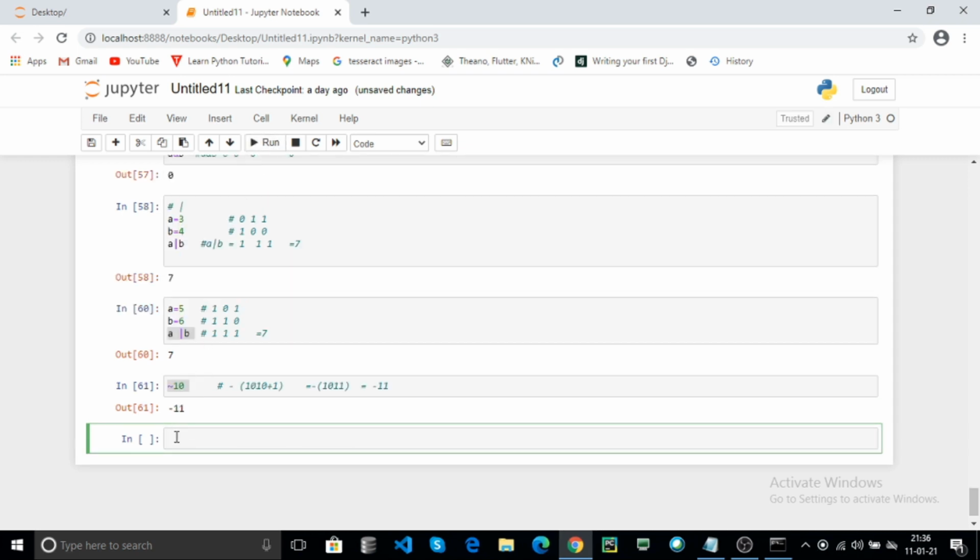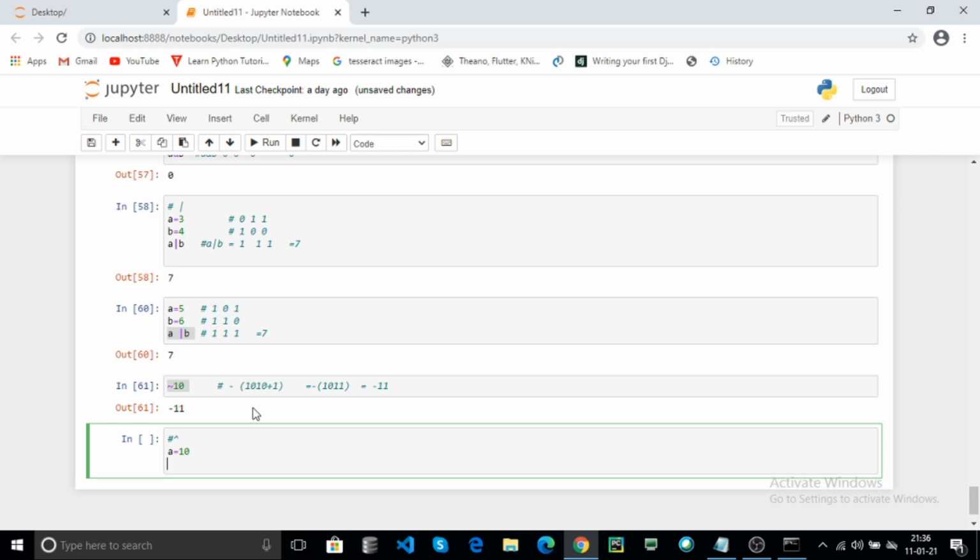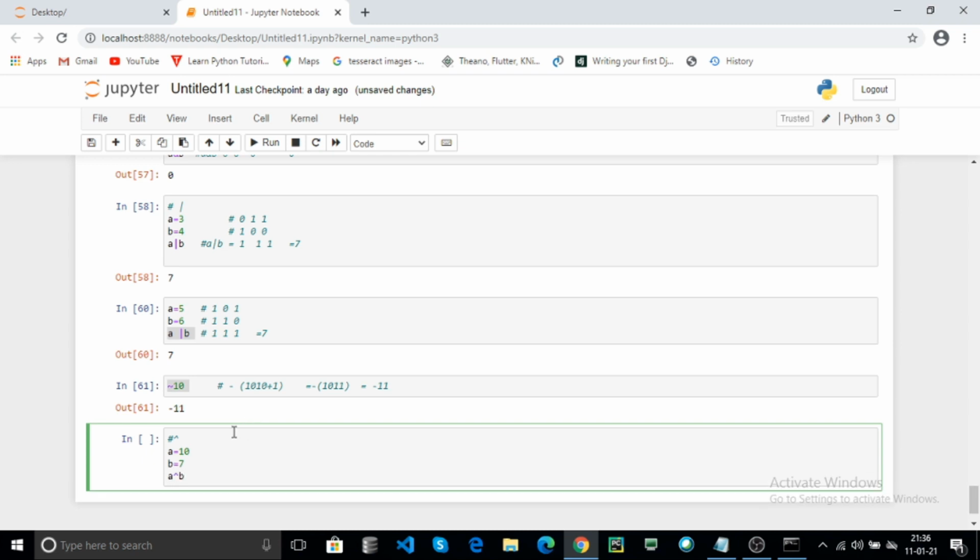Now perform the exclusive OR. Now a equal to 10, b equal to 7. Here a XOR b. How is it calculated? Convert a into binary.